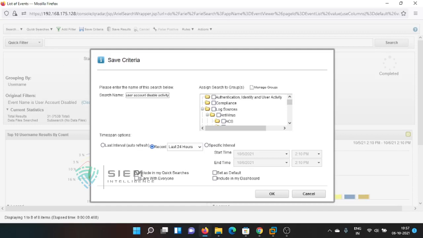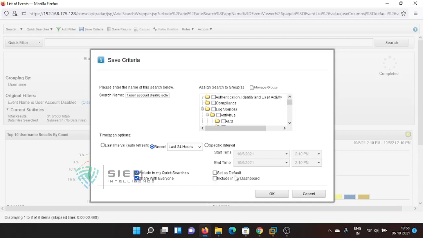We will do. You can also share this with everyone. You can share. See, it is a common activity. You have done some activity, and you can share with your colleagues, so that they need not create this particular criteria again. See, creating some criteria is something like a mind-blowing activity. It used to take some hours sometimes to create. So I'll select share with everyone.